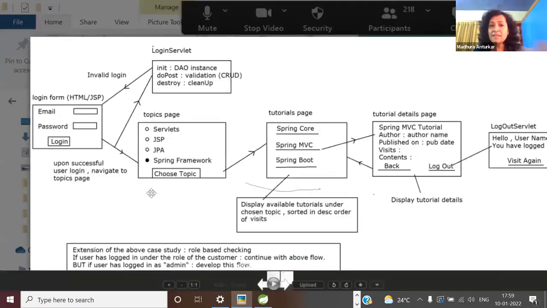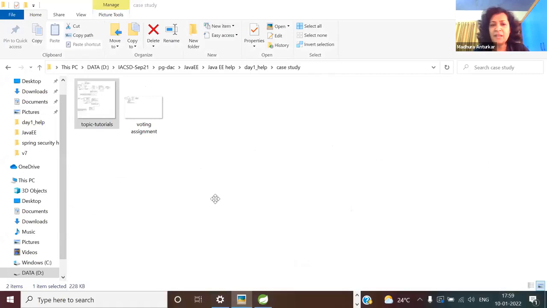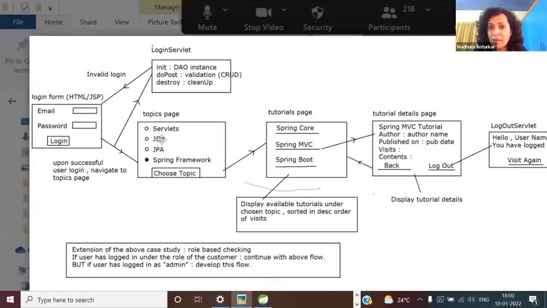So tell me, is the login to logout flow, the data flow, clear or not clear? It's not a hard thing to understand. In your projects and all, you will have more complex flows than this. So this is your basic data flow. Let me check. Everyone is clear with that? This is what you observe any day. Have I started you on web programming today?